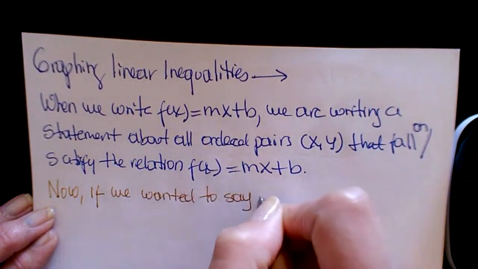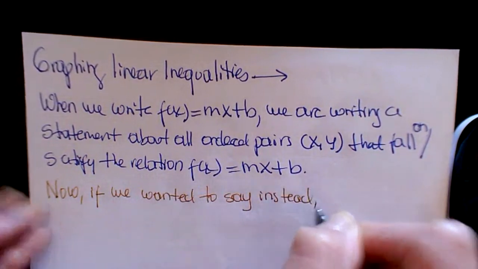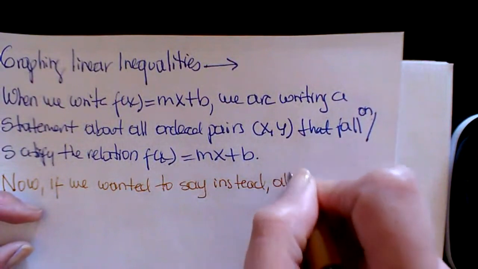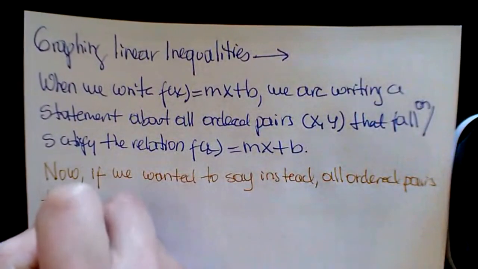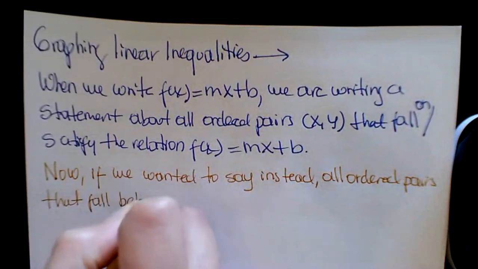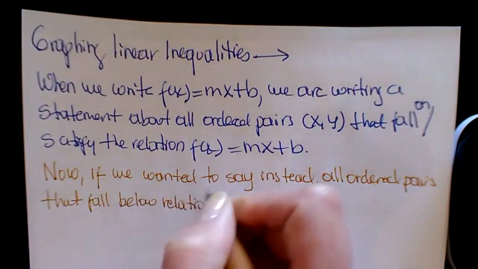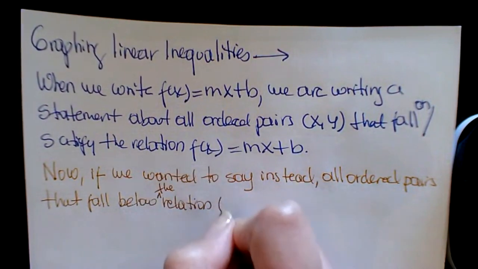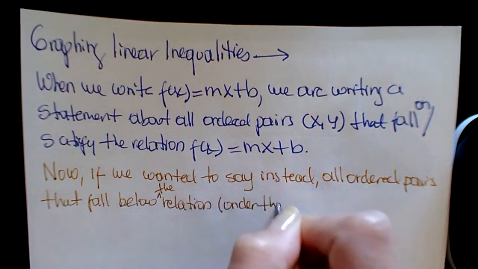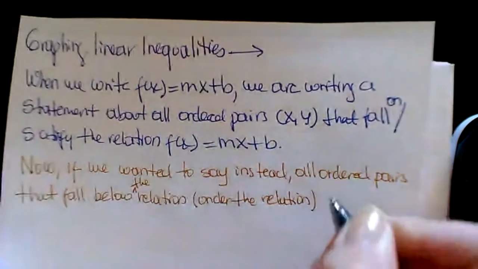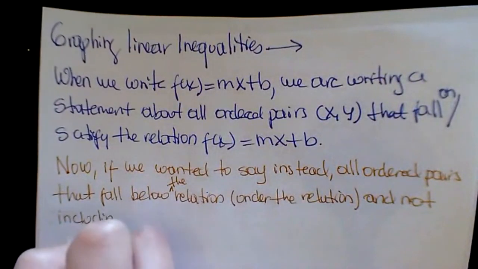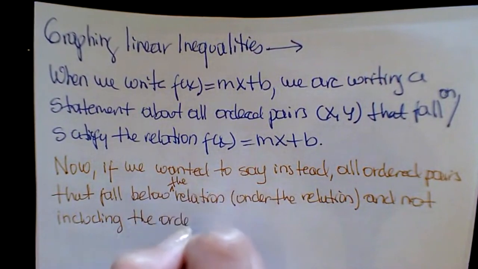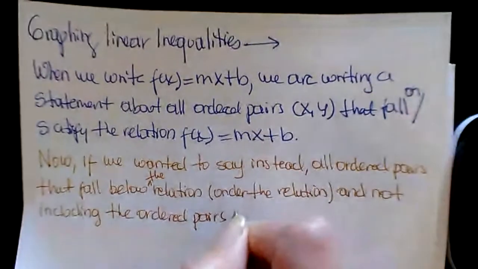So if we wanted to say, instead of all ordered pairs, the ones that fall below the relation, meaning under the relation, and not including the ordered pairs on the relation,